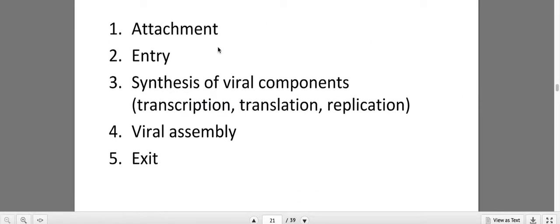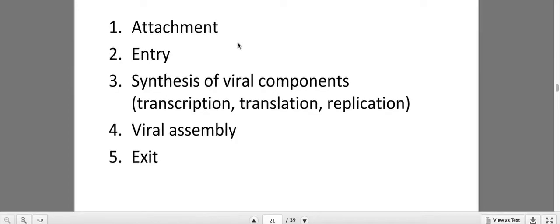So the first step is attachment. It has to have a way to attach itself to the cell. Remember last time when we talked about cells, we said that the outer layer of every cell, the plasma membrane, doesn't just let anything in and out. It has to have some kind of recognition, like some kind of key, some kind of password. So these proteins on the outside of cells recognize each other, and then they might let each other in. So it's not that easy.